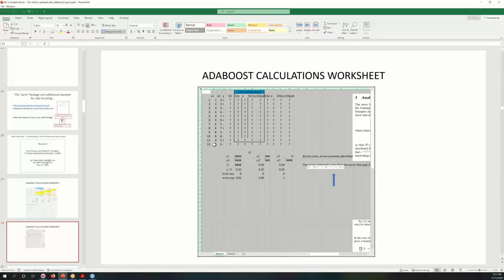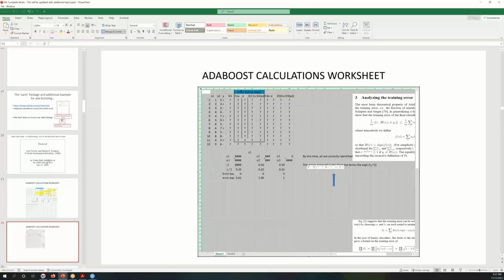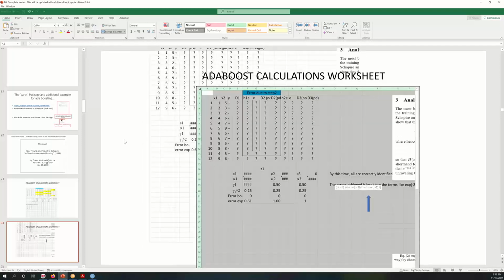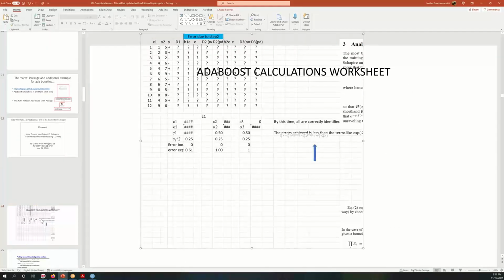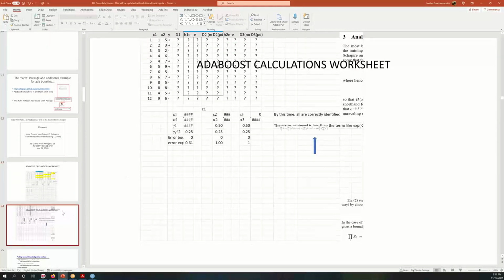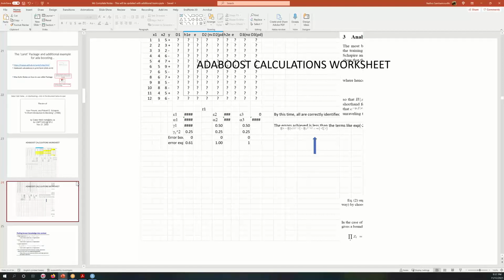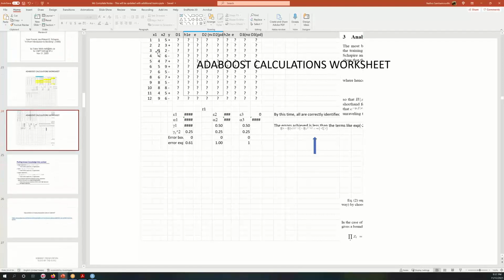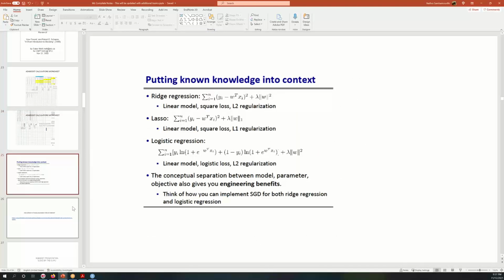I added 2 more points and then asked you to fill up as an exercise. That's what this exercise is about. You just have to follow exactly what I said. So it's an exercise that I have here for 12 points instead of 10 points. That's an AdaBoost calculation worksheet. It's a sheet where you have the data like this, you just have to finish it, complete it. So that is about AdaBoost, and I want to introduce next time what is called